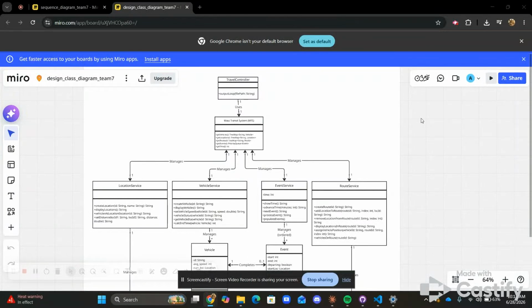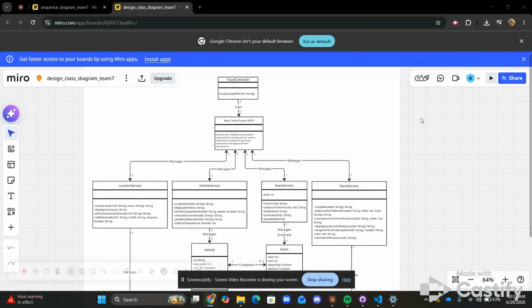Hello and welcome to our demonstration of the mass transit simulation system for CS2340. The MTS application simulates the interaction of vehicles and how they move between different locations along various routes. In this phase, we have added discrete event simulation capabilities to the system. Specifically, this includes the ability to process individual simulation events, advance logical time, and track when vehicles move between locations